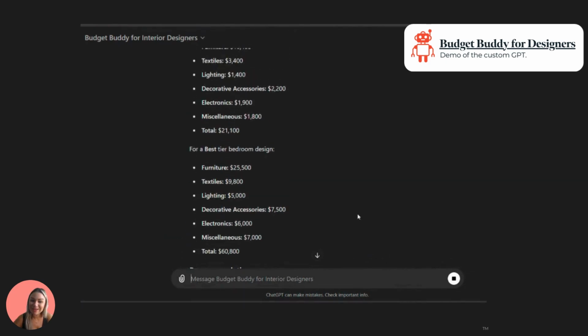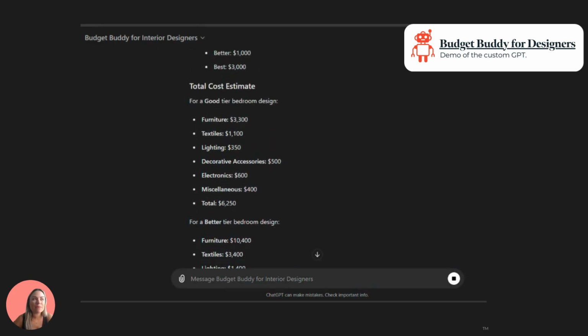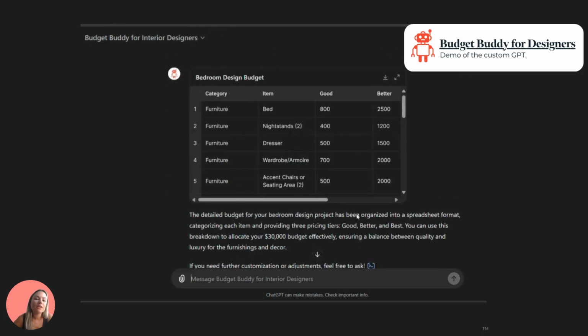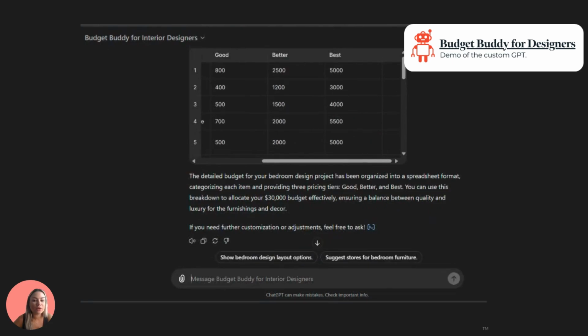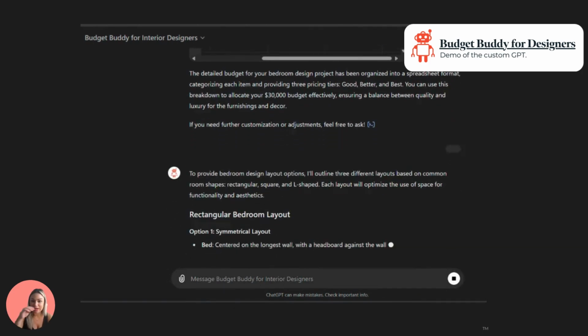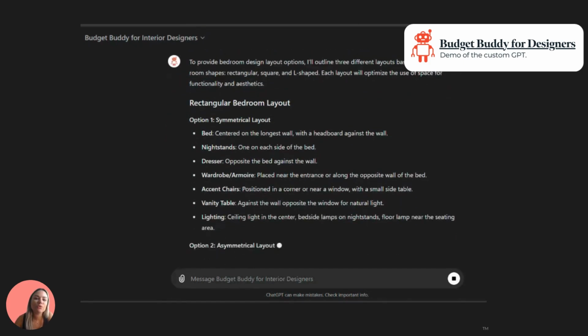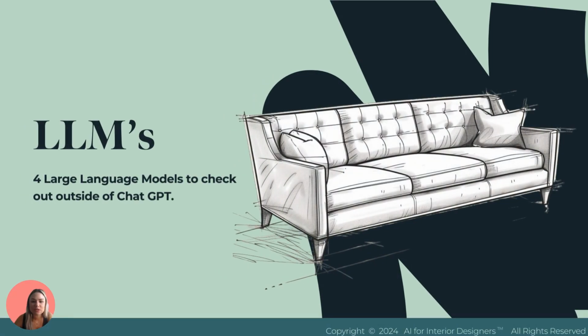But if you guys have built a budget before, you know that sometimes they can take days or weeks, if not many, many hours to build out, depending on the project. So with this one, I just asked it to create a spreadsheet for me. And then I could download that spreadsheet just like that and upload it and really reallocate those funds in a different way, as they actually pertain to the project, I would be able to go through and do that. Okay. So that is a budget buddy. Great place to start for interior designers. Highly recommend either using mine or you can get another one and build another one for yourself.